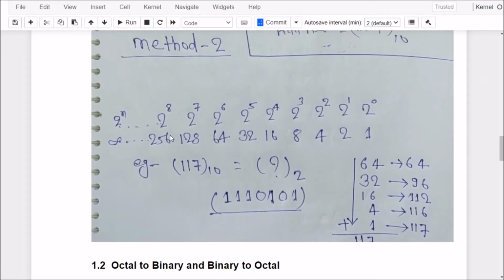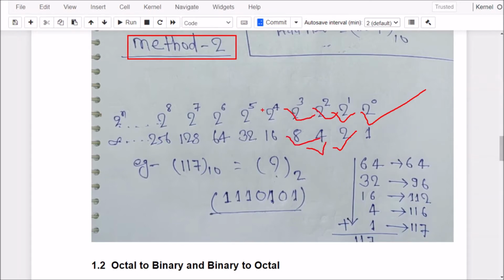In this second method we have to remember the powers of 2. So 2 to the power 0 is 1, 2 to the power 1 is 2, 2 to the power 2 is 4, 2 to the power 3 is 8, 2 to the power 4 is 16, 2 to the power 5 is 32. We have to remember until 2 to the power 8, that is 256. Then we will convert by saying the answer.